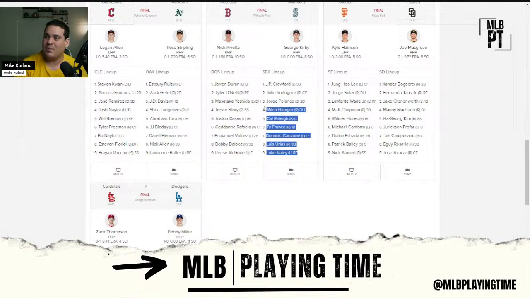This lineup, we had Mitch Haniger scratched late. So I think we had Canzone and Luke Raley start. Raley looks like he's on the outside looking in with Canzone starting ahead of him in left field. But worth noting, in this lineup they both were in here again, and it was against a righty. But Urias started over Josh Rojas. It's a weird role with Rojas. He should be strong side, but we're going to watch that.